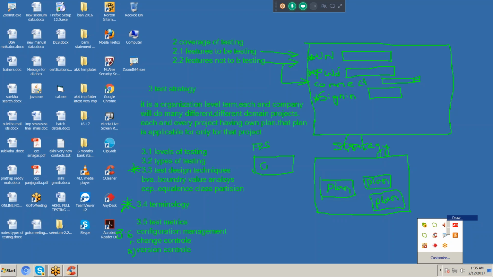Customer, he wants two buttons in the application. This document we give to test engineers and developers. After developing the application, the developers, who developed three buttons in the application, are sending it to the testing department. We got the FRS. In the FRS, the customer mentioned only two buttons in the application.